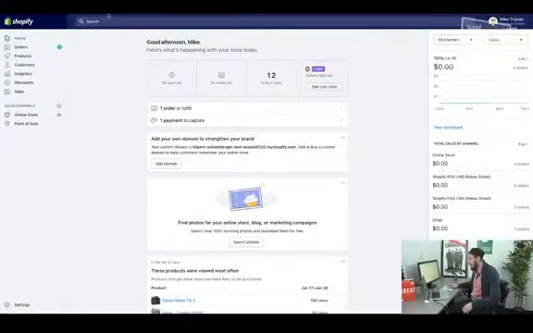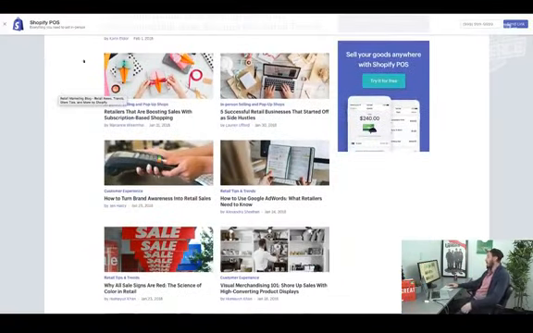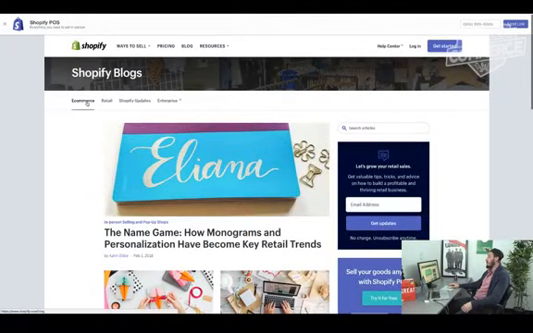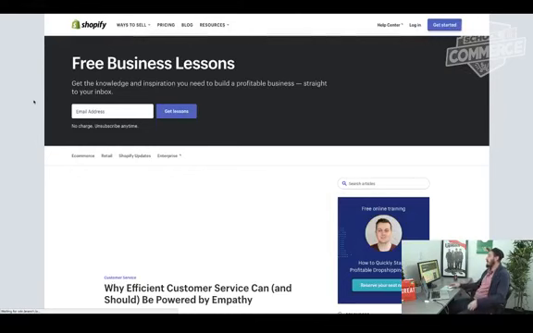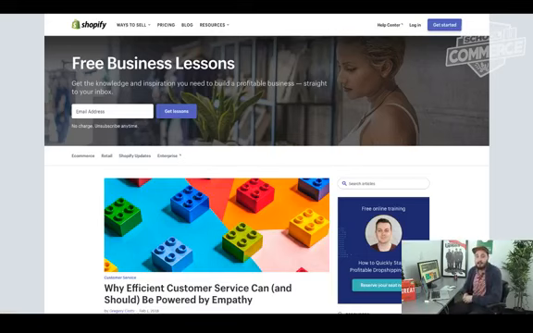We're talking about Shopify. I think that Shopify does an amazing job of showing off really what it is to have a blog. You'll notice here they have it divided up: e-commerce, retail, Shopify updates. And this is the same way that if you're new to blogging and you're starting out a blog, one of the really great ideas that you should do is check out some of the competition in your industry. Maybe check out 5 of your top competitors, see what they're blogging about. It's going to give you a really good idea of what it is that you should be blogging about as well. So just keep that in mind.